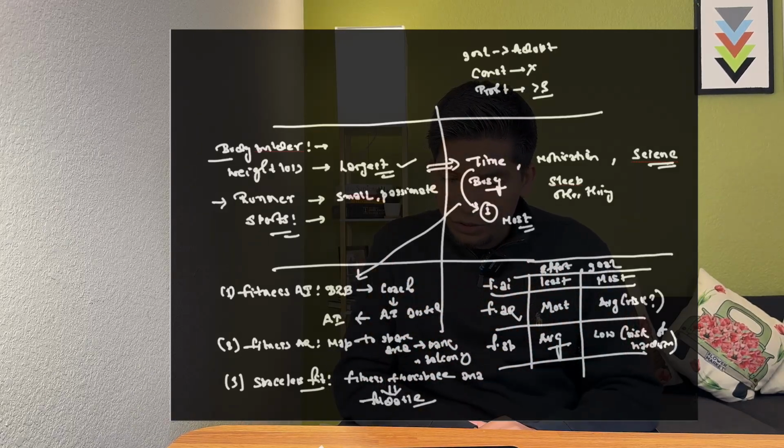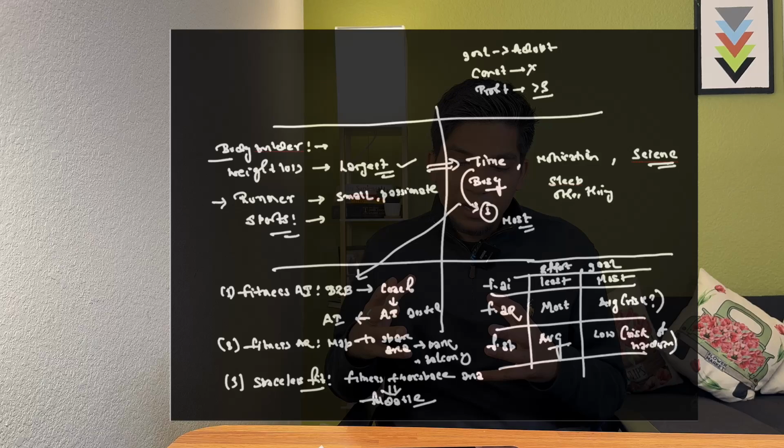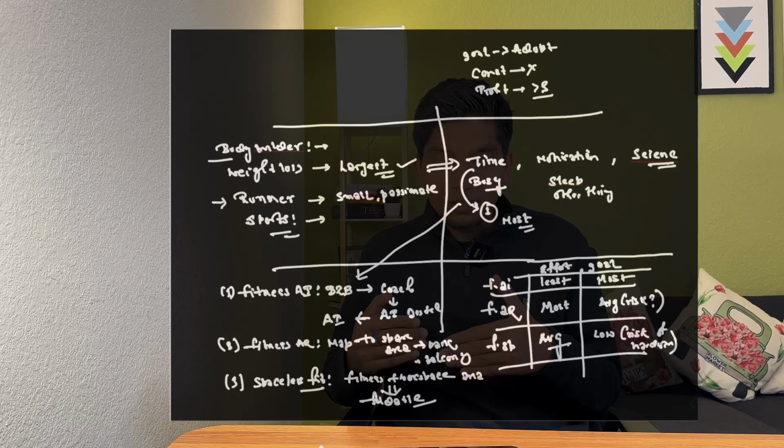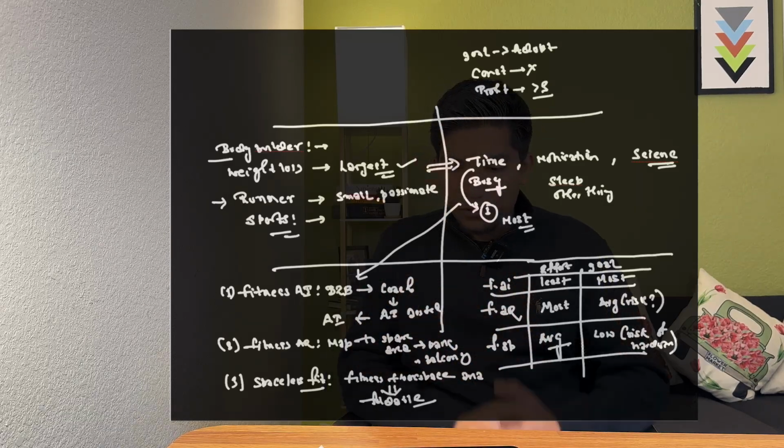So on these two parameters, I think the fitness.ai one is the idea that I'll go with. It's something that's a good MVP to validate. And if we feel that with time we are doing well in this space, we can then take a leap into fitness.ar. So that will be my feature for you.